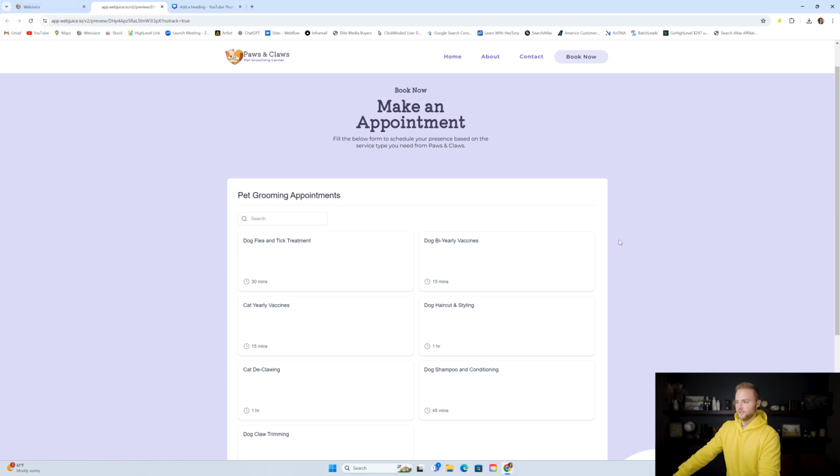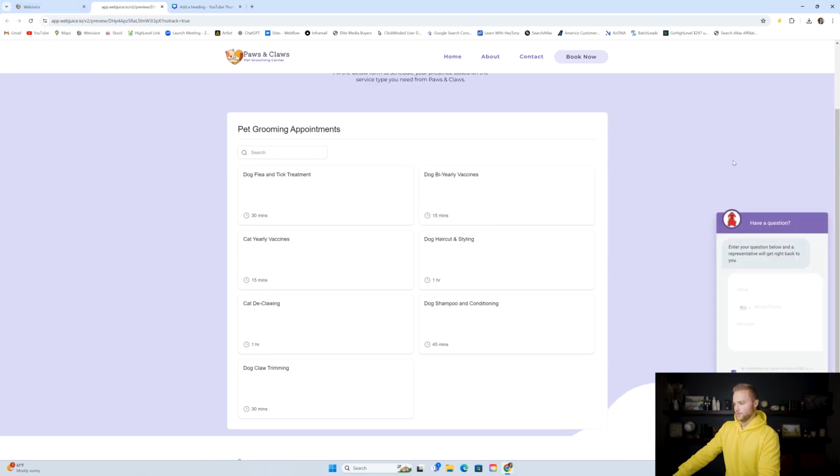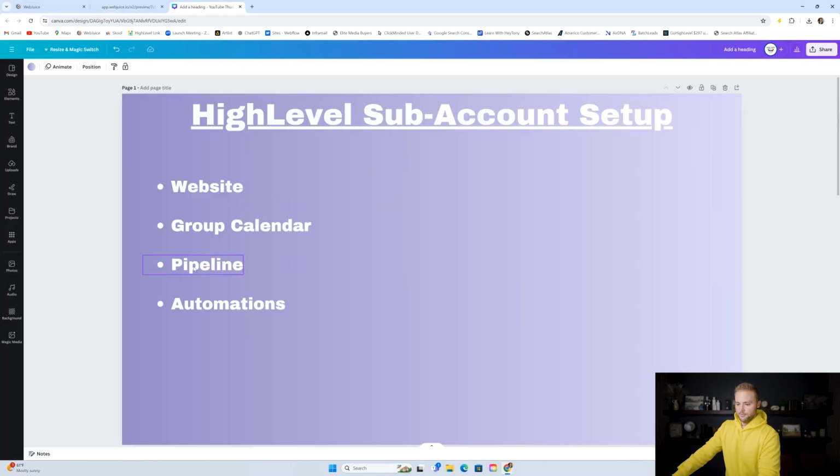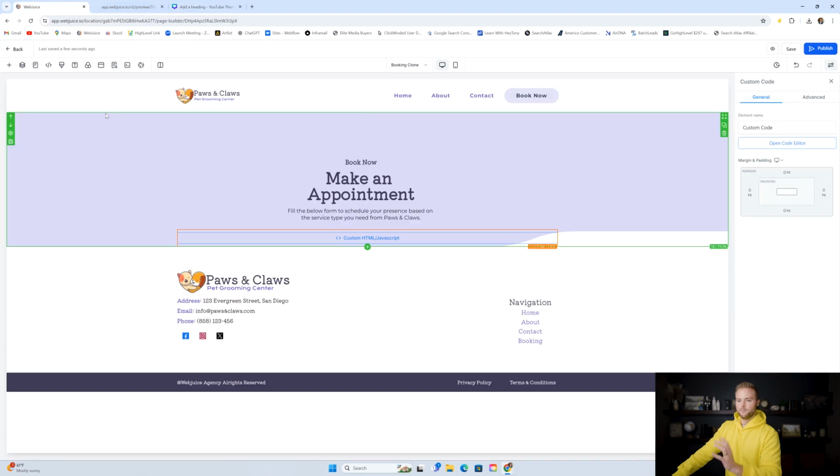So those are all 3 of our lead captures. That's our calendar, our chat widget, and then on the contact page we have our contact form. So those are all of our lead captures, the ways that our clients are going to capture leads on the website. Now we're going to jump into the pipeline, which is how our client, our pet grooming client, will keep